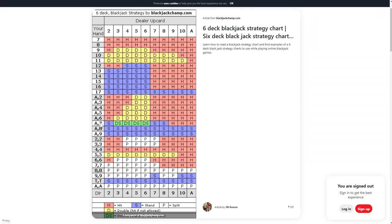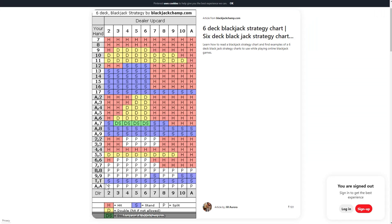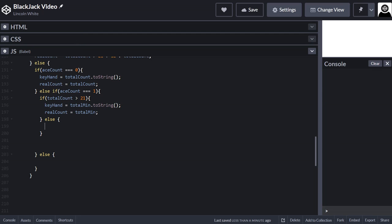when you've got an ace, for instance, you've got a 6, I want it to show A6 as the hand. So what I'm going to do is, what if I had ace and 4? I've got 15. What hand is it? Ace 4 is 15, but ace 4 is here. So I've got to convert ace 4 to this ace 4, so they can show on here. So how I'm going to do it is,